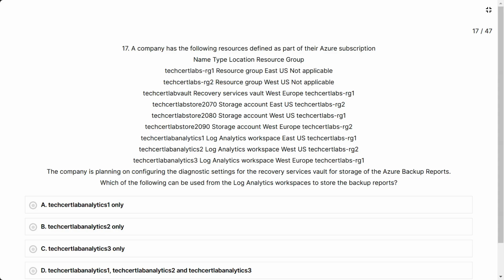Then the last log analytics workspace 3 is under West Europe and under resource group 1. The company is planning on configuring the diagnostic settings for the recovery services vault for storage of the Azure backup reports. Which of the following can be used from the log analytics workspace to store the backup reports? And the options are